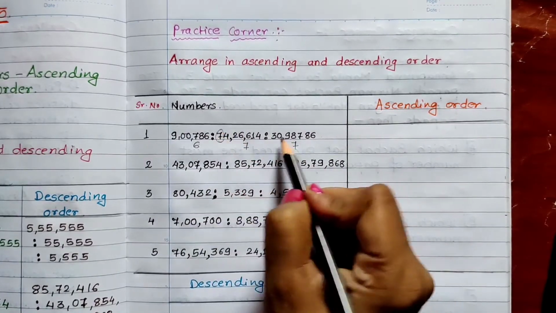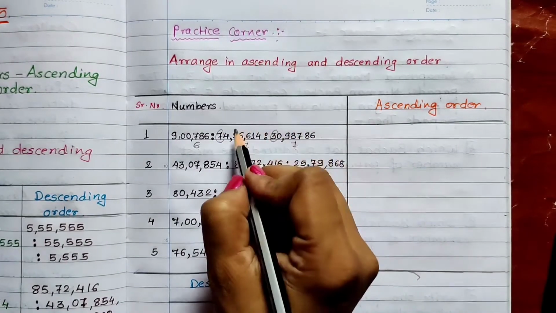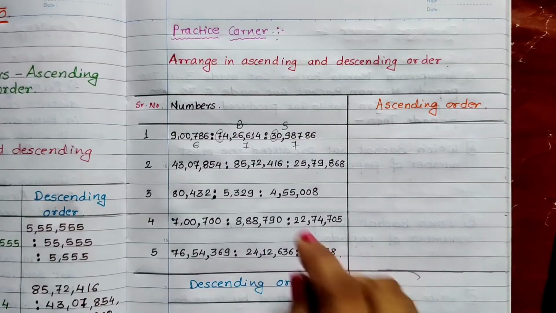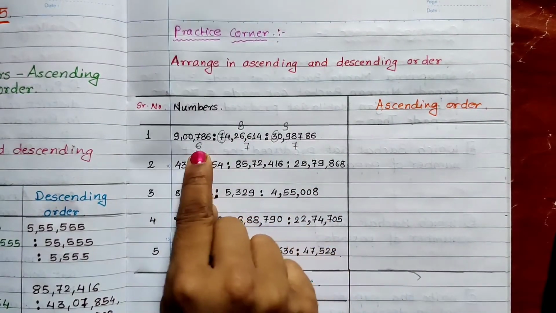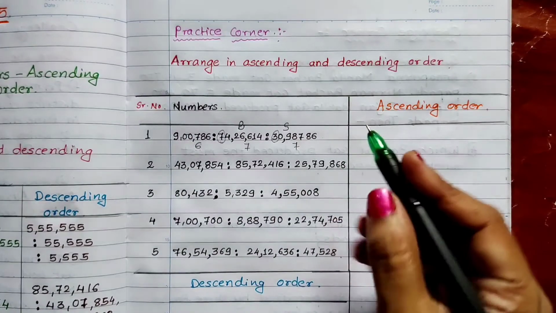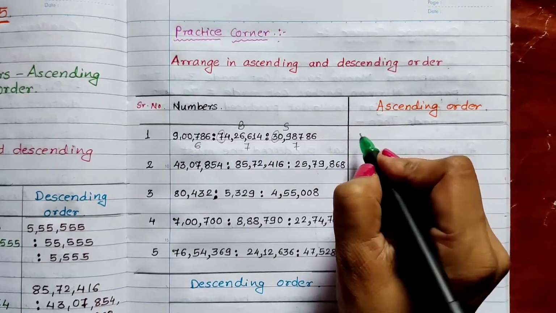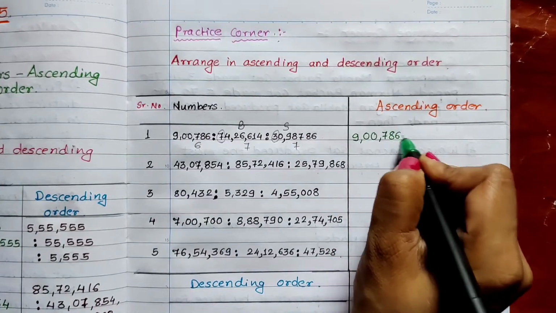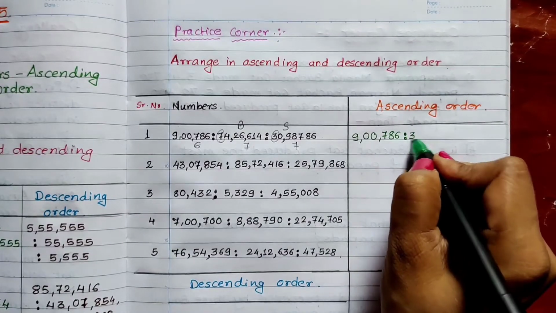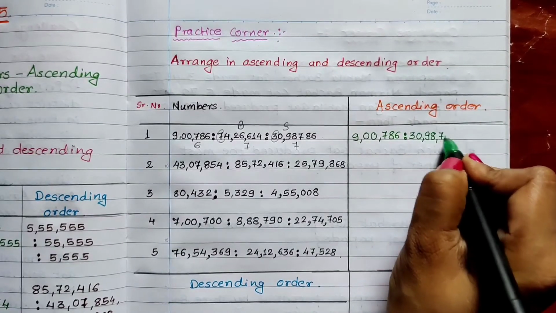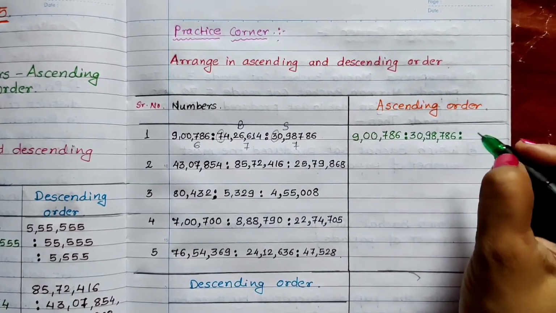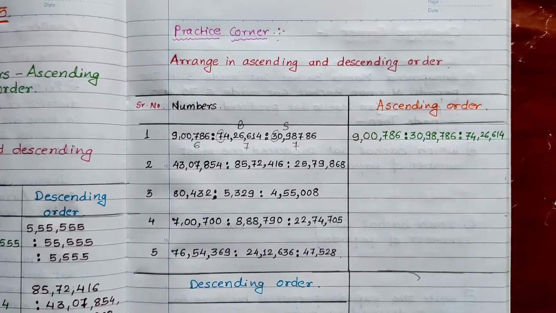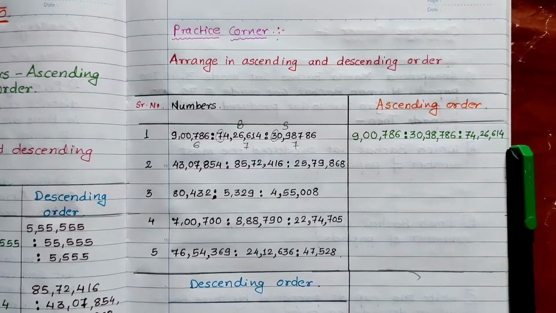Here the first digit is 7, here the first digit is 3. So that means this 7 will be the bigger and this 3 will be the smaller. So this will be the middle number, this is the biggest and this is the smallest. In this way we can do. So we have to go from smallest to biggest in ascending order. First write down the smallest number, then we write the middle number, and then we write the biggest number. In this way you can mark over here. Okay, now let us go on to the next sum.